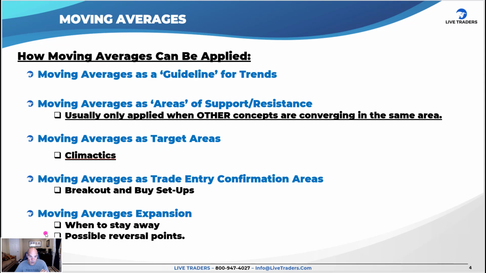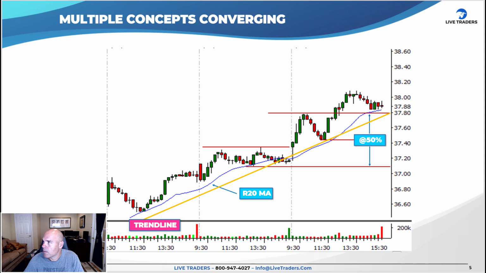And again, there will be examples of every single one of these. So by the time we're done with the lecture, you'll see each one of these. But these are the five main talking points, the five main reasons that we use moving averages and how we apply them, okay? So here's the first one here, okay? Multiple concepts converging